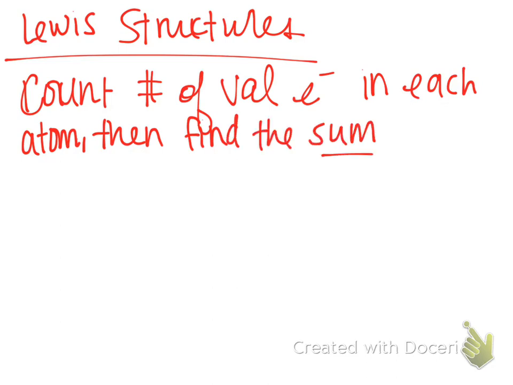Okay, so when we looked at our fluorine Lewis structure, we knew that each fluorine had 7 total electrons to give, right? 7 total electrons in their outer shell. So our Lewis structure had to have 14 represented. So counting valence electrons is the first step for our Lewis structures. Okay, and these steps will seem a little bit crazy for us right now, but they'll make sense when we start putting everything together. Okay, the second step is going to be to arrange our atoms